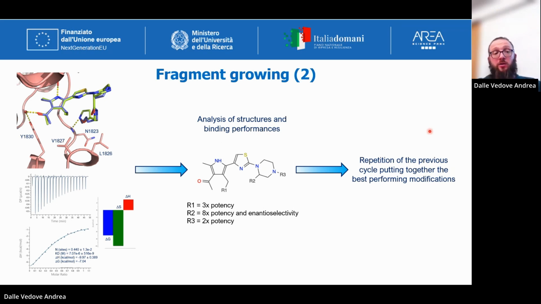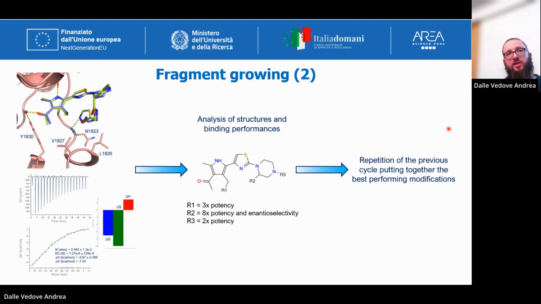What we actually thought was the best, the R3, which is also the most straightforward from the chemical point of view because you can do amine coupling and generate a huge amount of analogues, was the one that was less impacting. At this point, what is left to be done is repetitive, but it's okay,